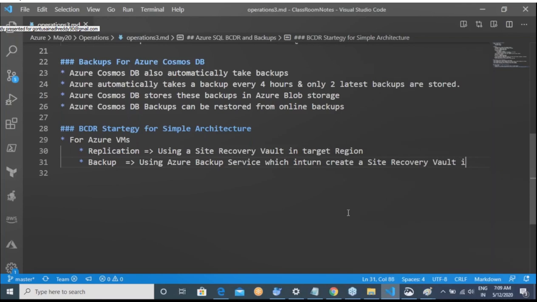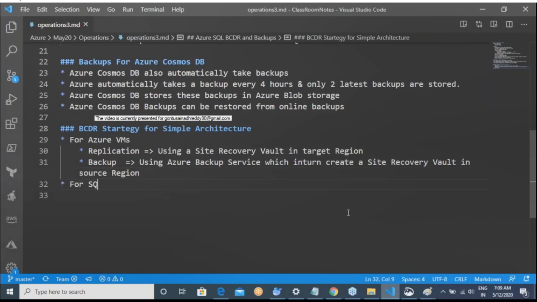Site recovery vault in the source region. Okay. So when it comes to Azure